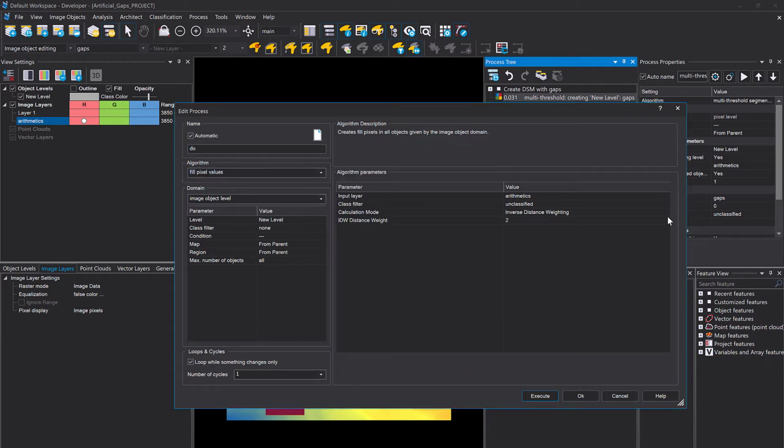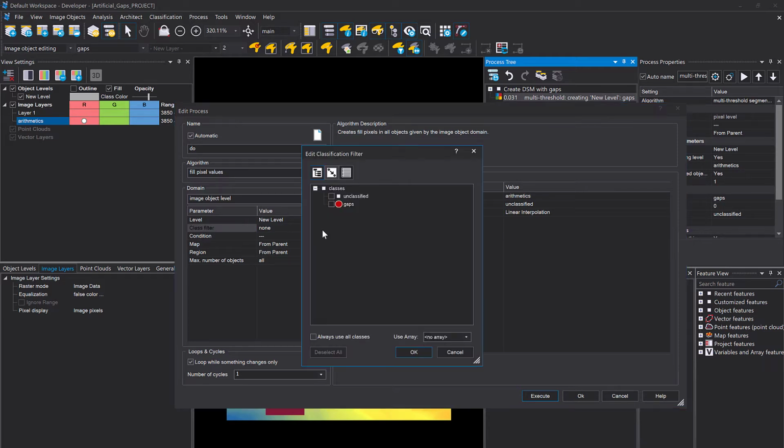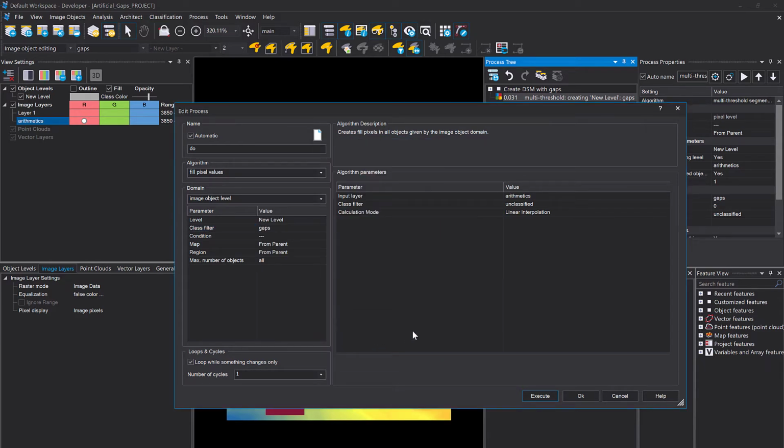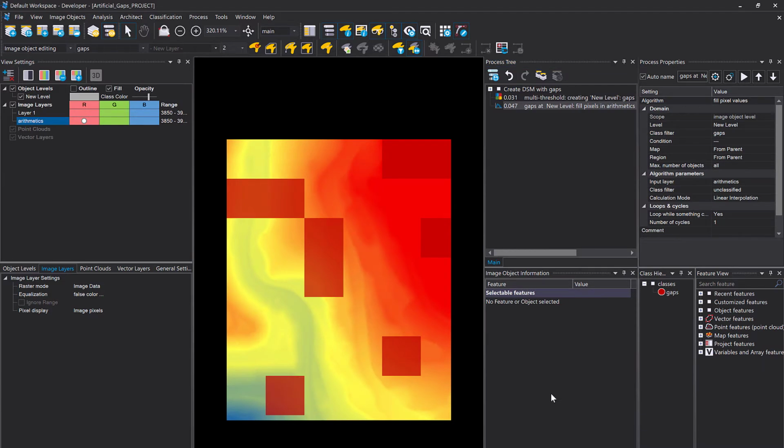And let's keep it simple and let's start with linear interpolation. That's the faster one because it's just using 4 pixels to compute the value of a single pixel, right? And here in the domain, we define the gaps, so the class that is empty that you want to interpolate into. That's already it. So make sure the settings are correct, execute this one, and you see that something has